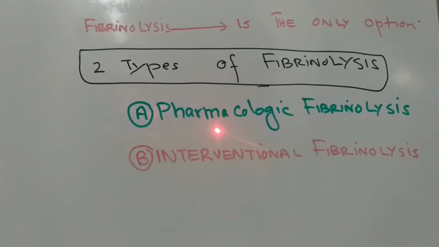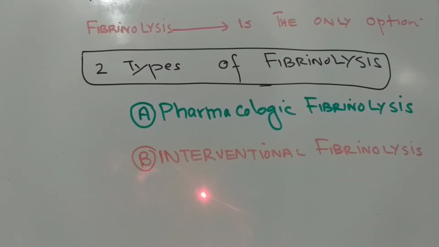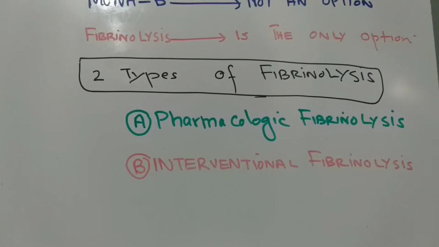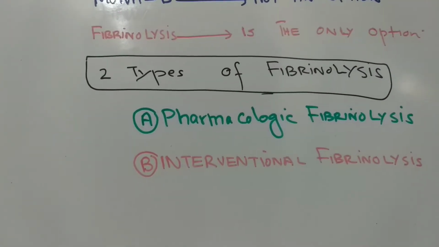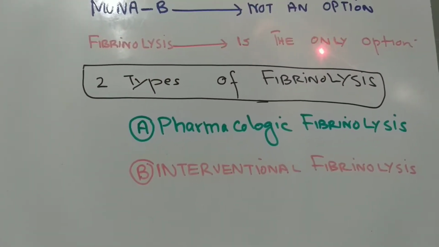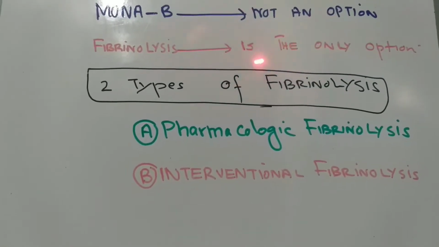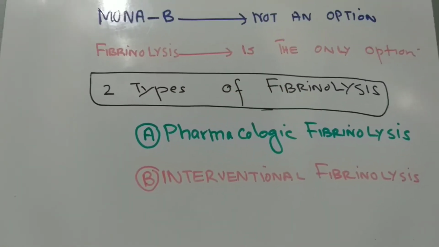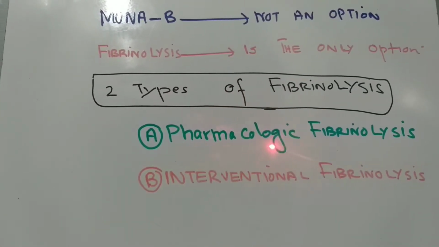From the interventional fibrinolysis we mean that we break it through the PCI, which I'll talk about later on. So there are two options: pharmacological fibrinolysis and interventional fibrinolysis. No other option is available. MONA B is not an option. You cannot wait for the troponins. No formality of having cardiac enzymes, troponins, because whatever management you are to do, be it the pharmacological or the